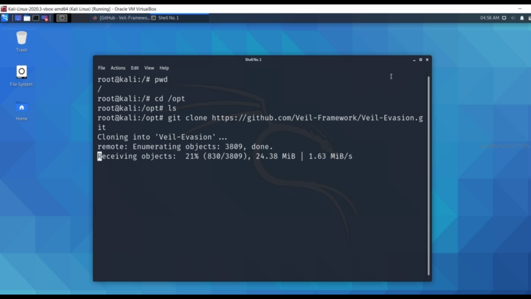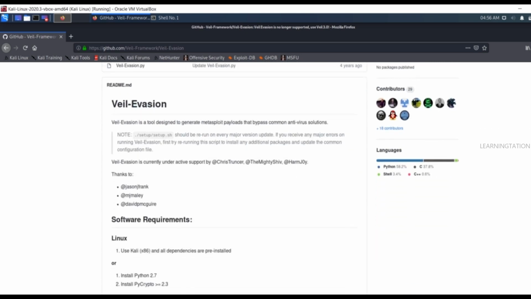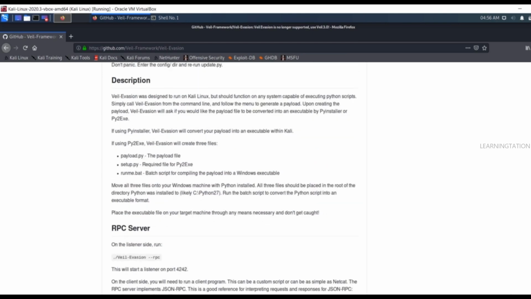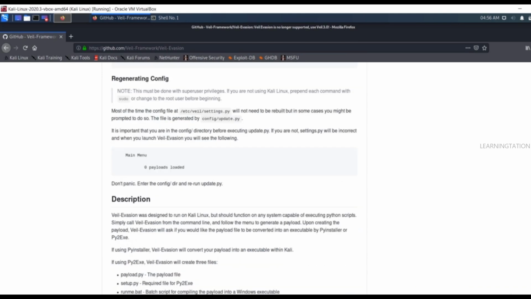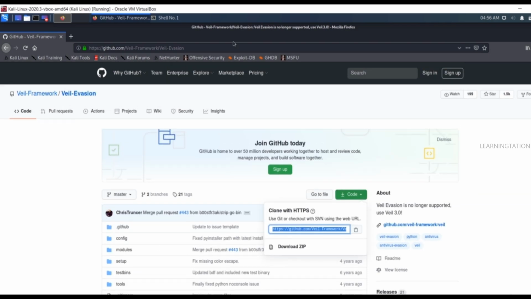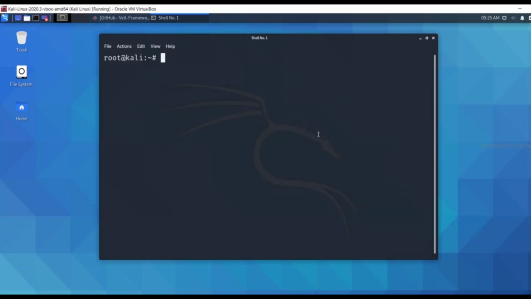As you can see here, everything about this tool, its installation, its description, and in which operating system it works, is given here. If you want to learn, you can read from here and then you can install it from here also. But now, it is completed to 21%, so let's pause the video till the completion of this. As the process has been completed, now let's install this Whale Evasion tool into our Kali Linux machine. So for that, we need to